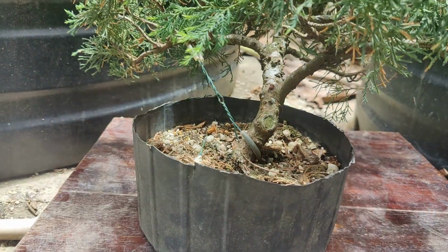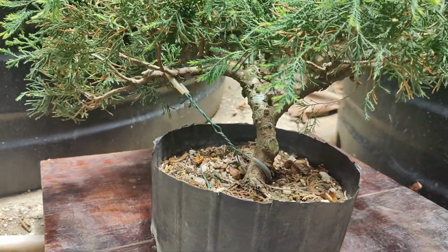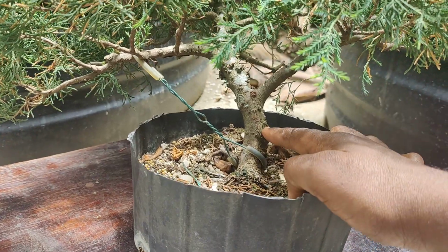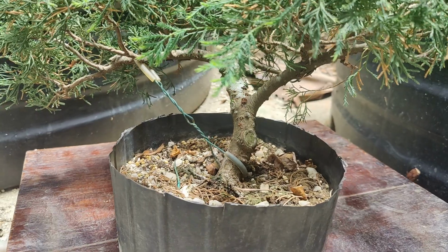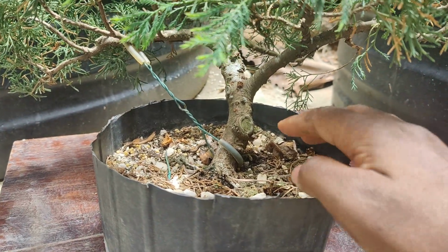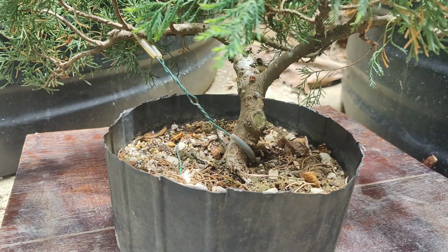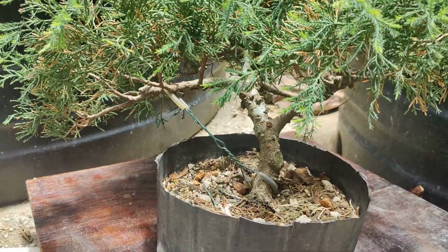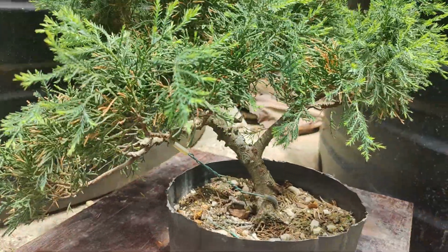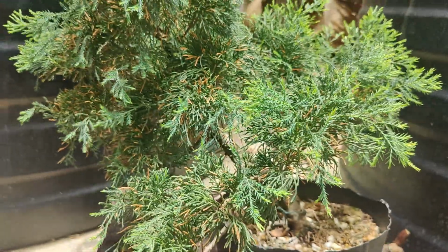So just giving you a little 360 view of it, starting with the base of it. And you could see there's a very big cut here. And that big cut is attributed to an air layer that I did on this tree. Now, the tree originally was not mine. This was a tree owned by my friend Andel, and he and I had a discussion, and it is now